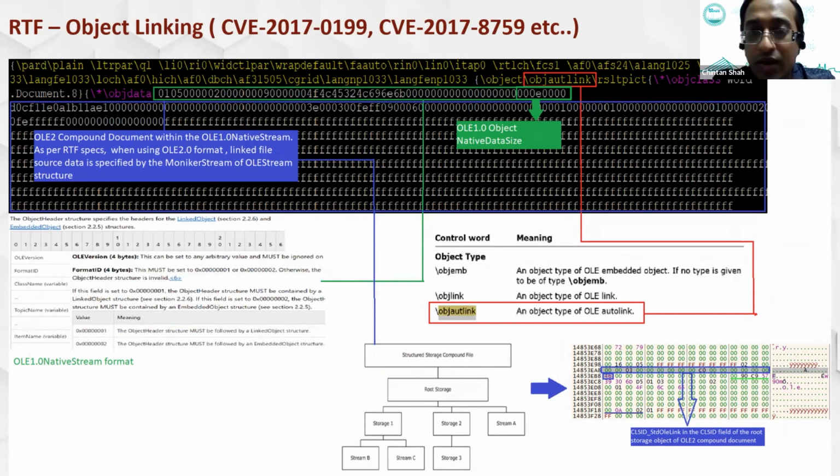So there is an object control word, and since we linked it to the external file, we'll see OBJAUTLINK there. If you see in the specs, it is basically a type of auto link, OLE auto link object, which links your RTF file to the external world, right? An external resource, and then when you open the document, it will basically download the file, and then it will invoke